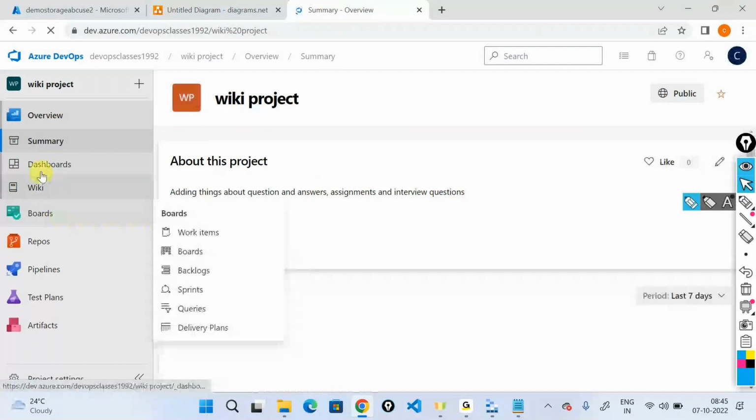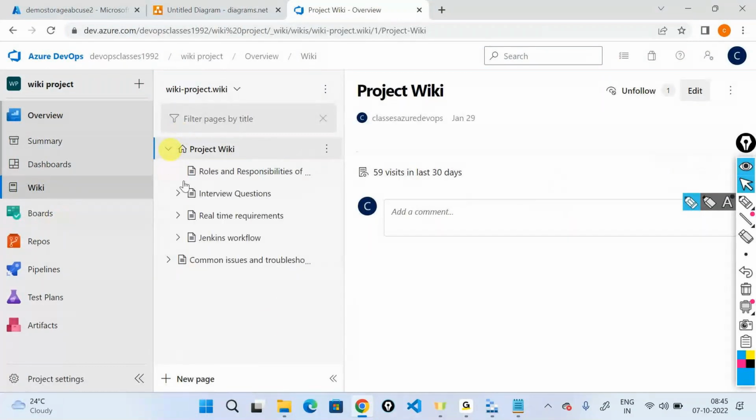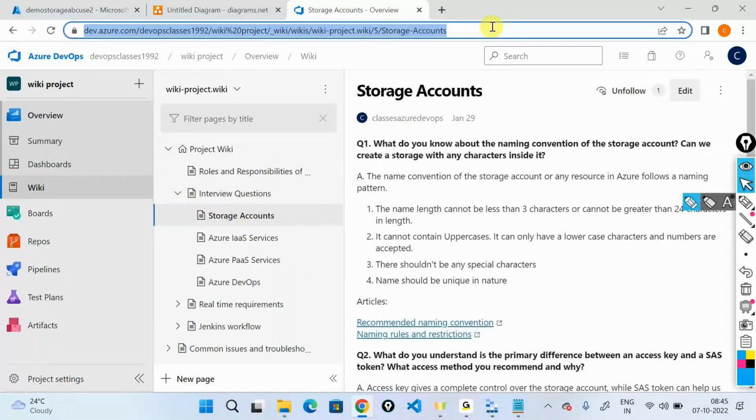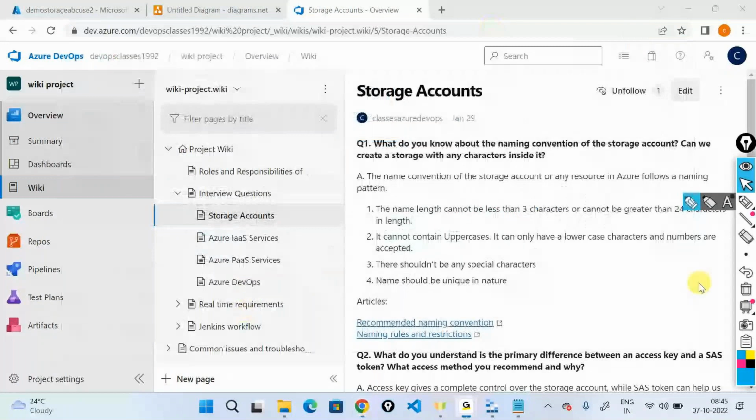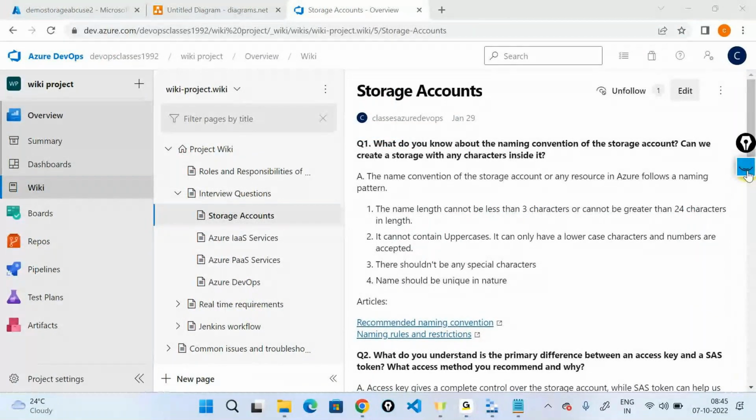So let me go ahead, grab that real quick and send across to you all. So let's take this and let's look at this one. So I'll just send this link across to you all. You can bookmark this. It's an open link. You can just click on this, get the access to it, and you will come down